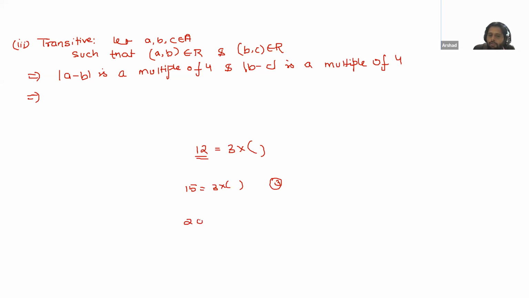Suppose we have a 20. If we say that 20 is a multiple of 5, then we can write 5 into any number. So what the logic is, if any number is a multiple of any number, then we can write that number as that multiple into anything. So similarly here,